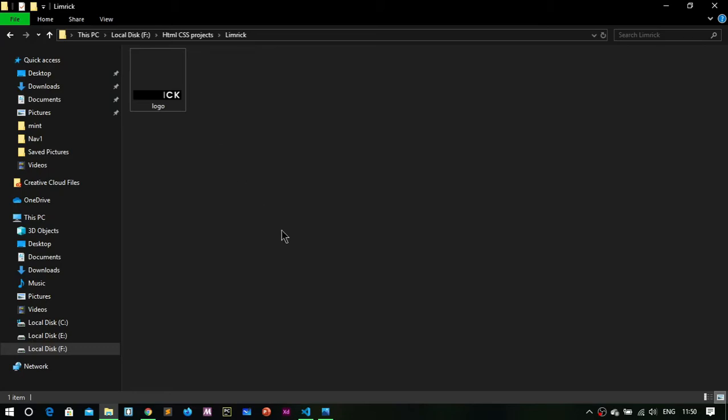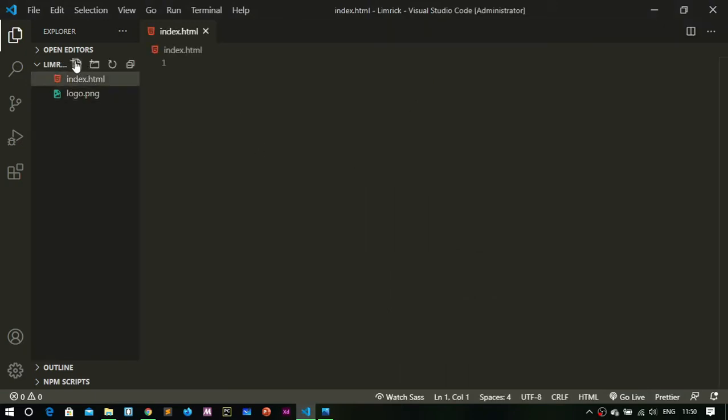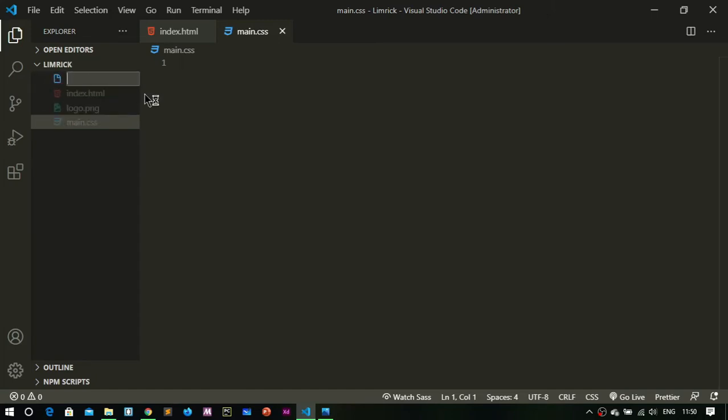And let's start creating. I'll just create a new file, let's say index.html, and another file, let's say main.css, and I am using Sass. If you don't know what Sass is, don't worry, I will give you a hint: it's just like CSS, but it is an easier way of writing CSS. So you just have to write